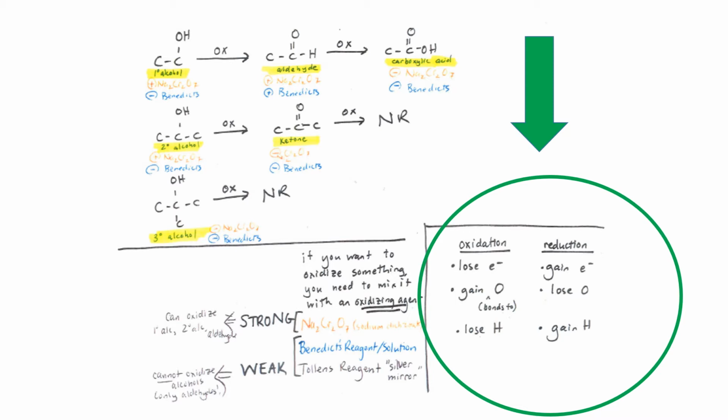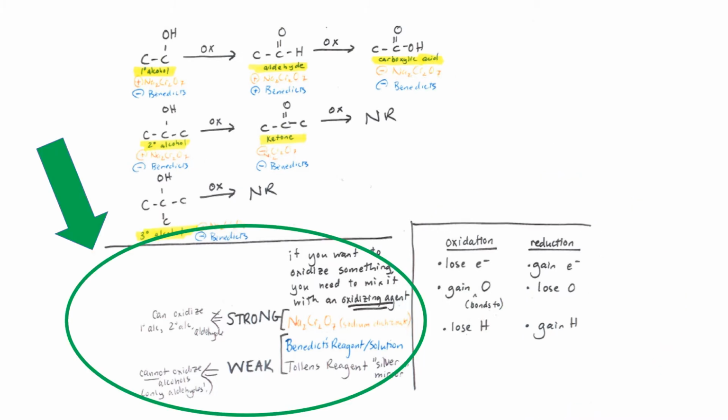So that's our introductory overview of how we think about oxidation and reduction, not in terms of electrons, but in terms of oxygen. Now let's keep going with how we would make this happen if we're working with these reactions in the lab. I'll call it another part of this slide, the bottom left of this slide. The bottom left of the slide is talking about oxidizing agents.